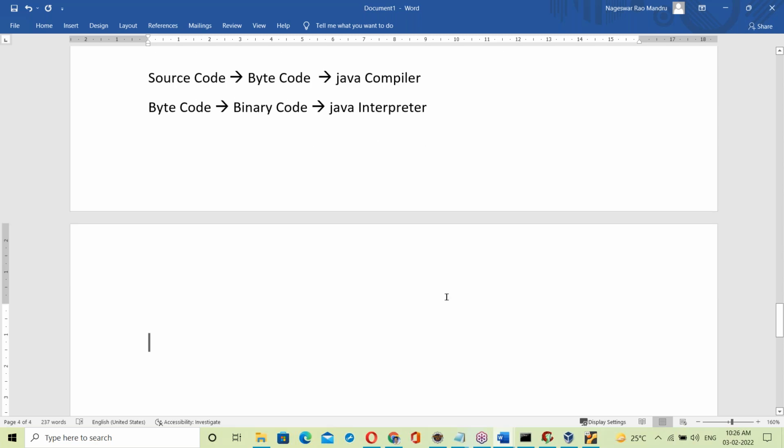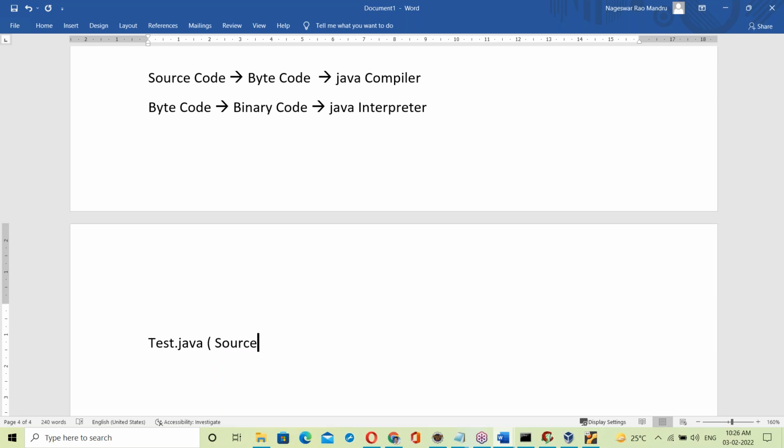Now what is happening here? First, test.java is a source code.